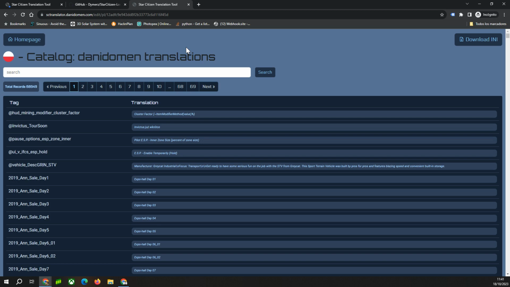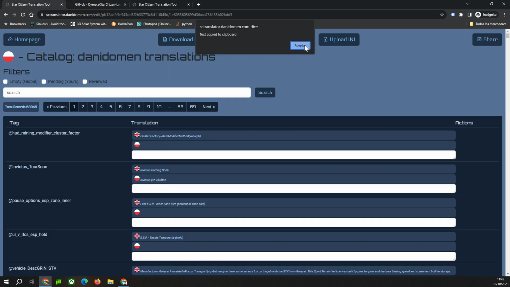If the local translation is empty, it will download the English one, because at least the game will have the correct labels and words, and not empty menus or things that appear with nothing. So this is the way to create or make your own translation or download it and always keep